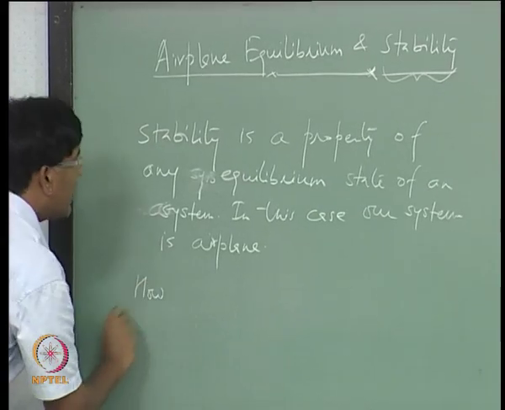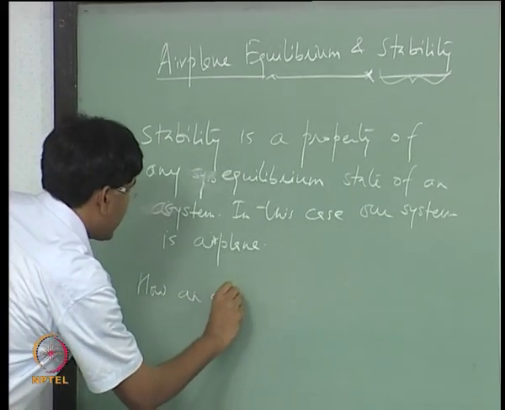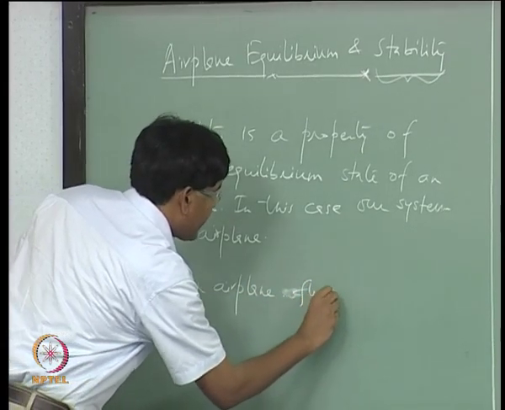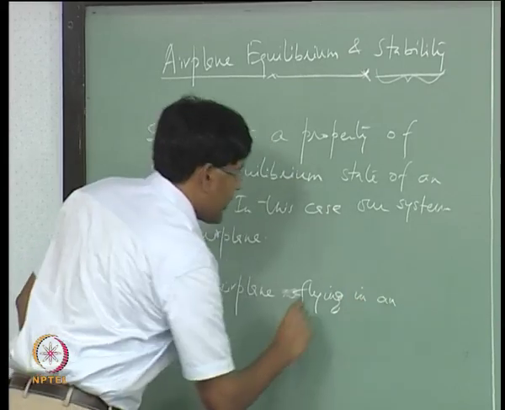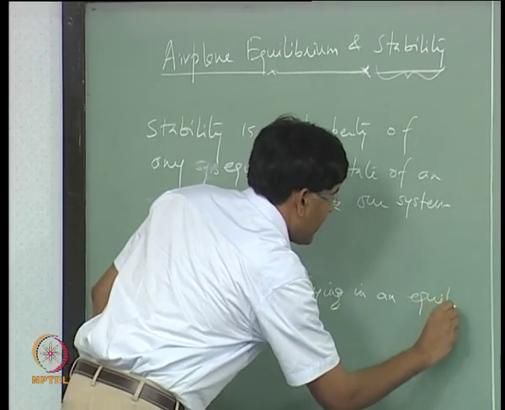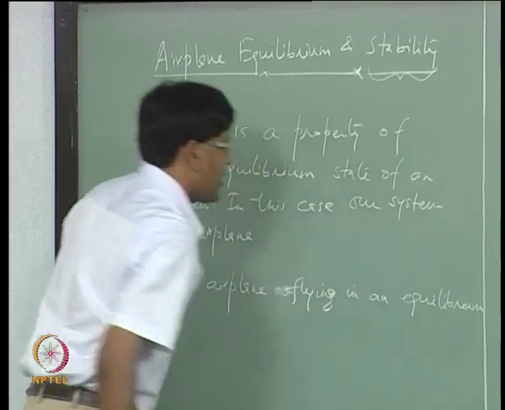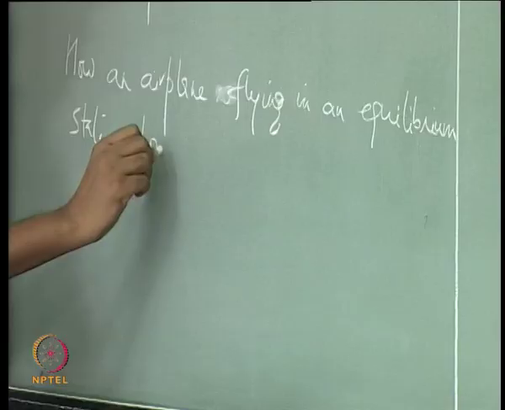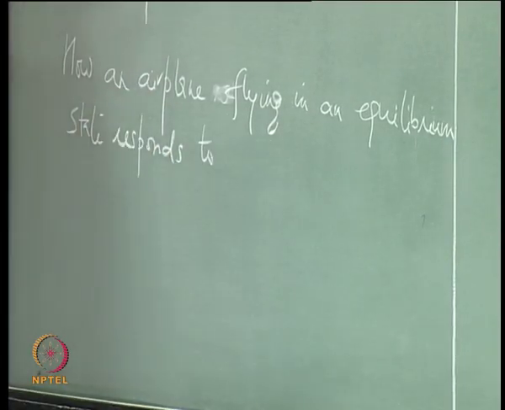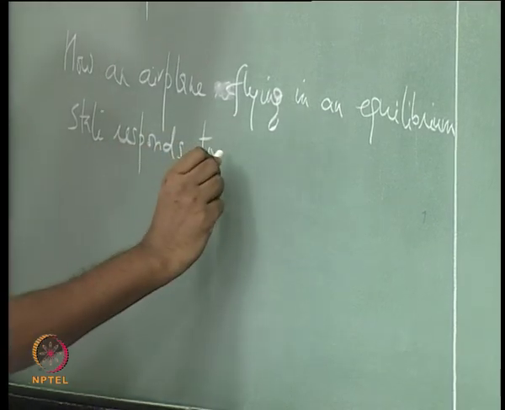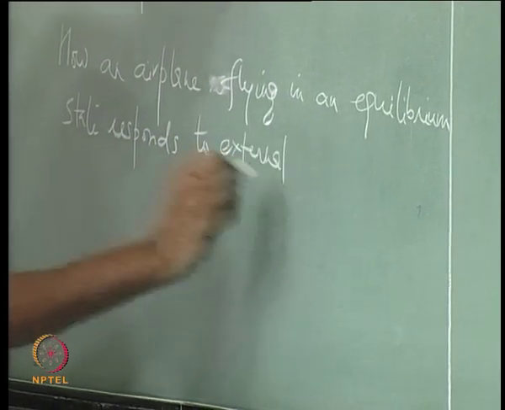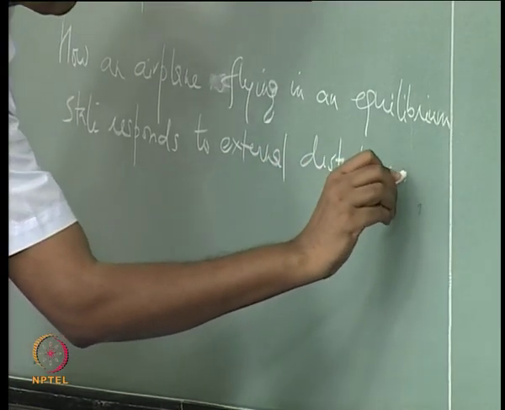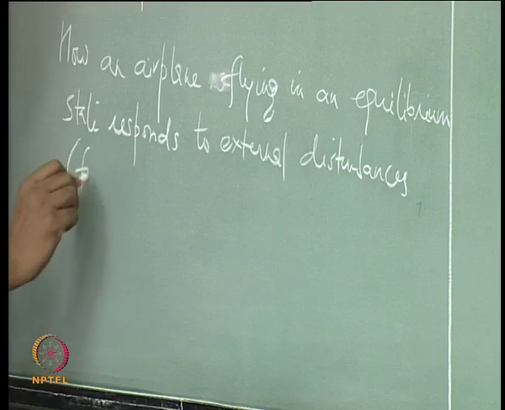So, how an airplane flying in an equilibrium state responds to disturbances, for example,